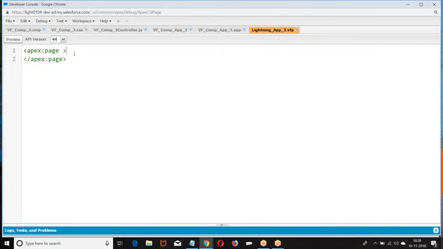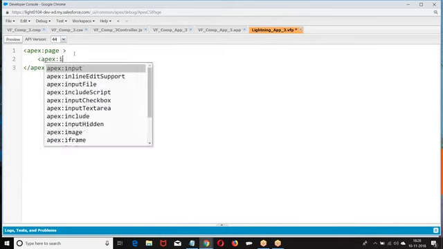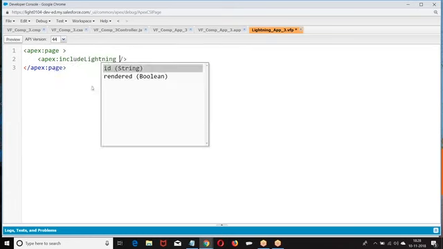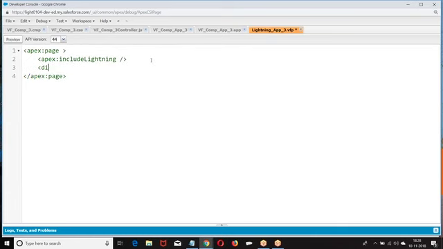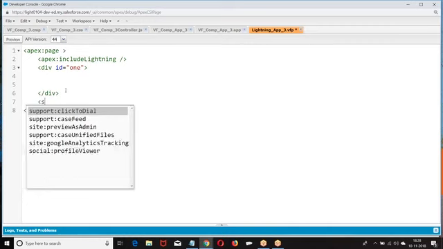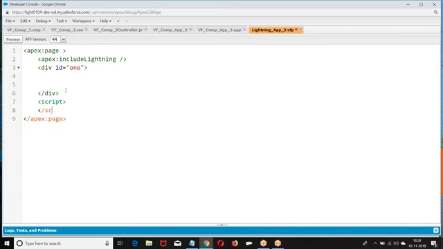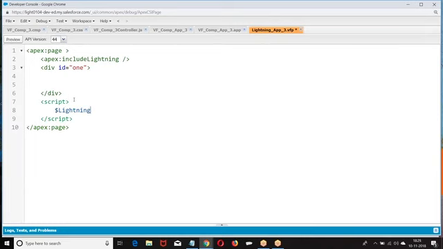First include the script, include lightning, then where you want to display, give the ID. Then script, and I have $Lightning.use.